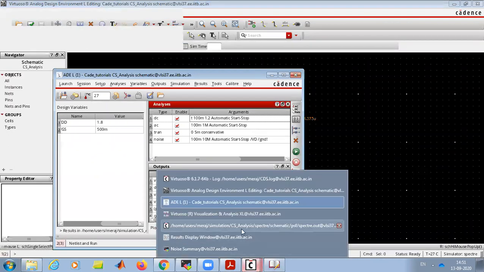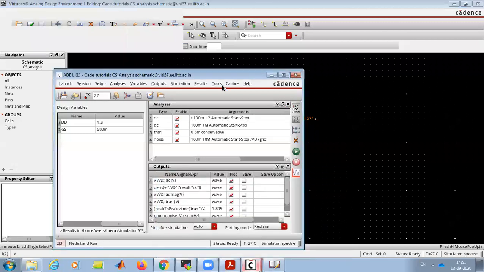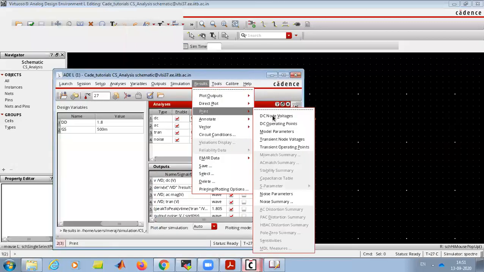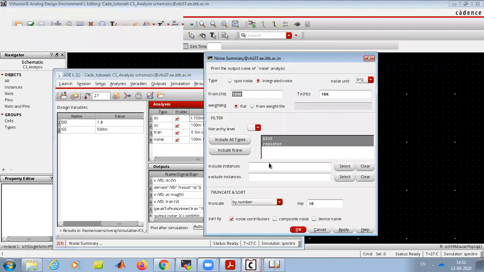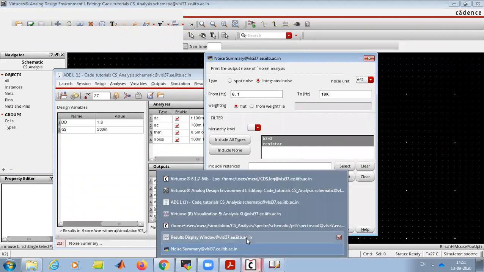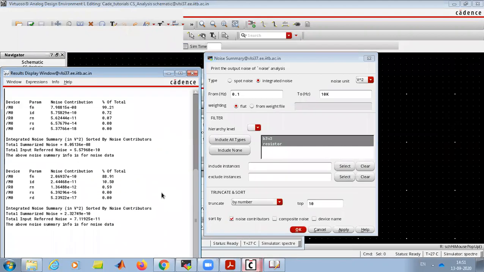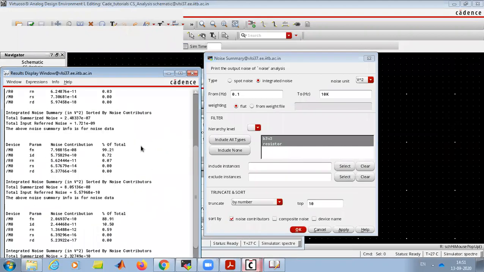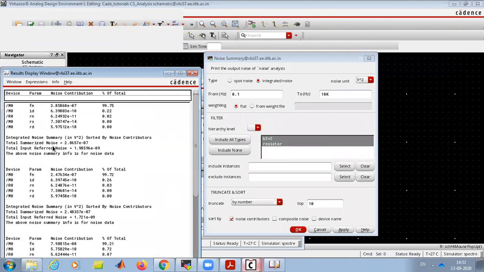These are the small tricks which we use to reduce the noise. So again, we'll go to print noise summary. Earlier, the first time, our summarized input referred noise was around 2 nanovolts.